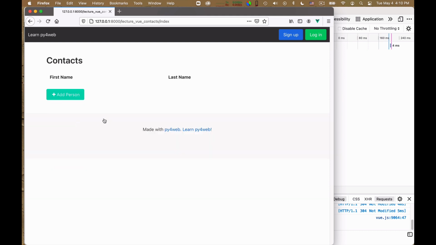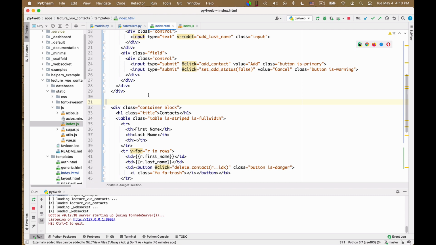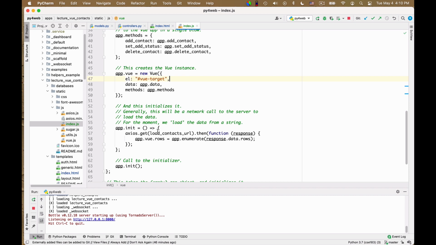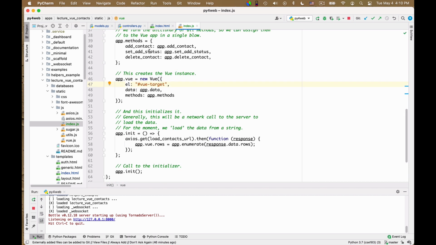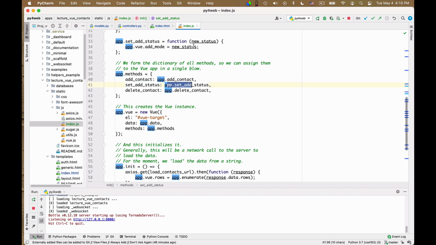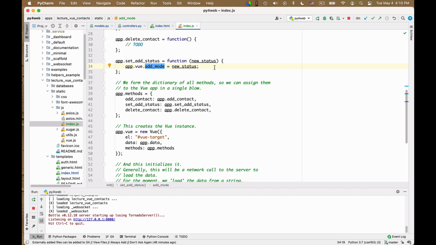And again, this toggling is generated essentially by this add person causing a set add status to true. This set add status function is here. Okay, it's defined on the basis of this function. So this symbol that occurs in the HTML maps to this actual function here, which sets the app_view add mode to the new status.